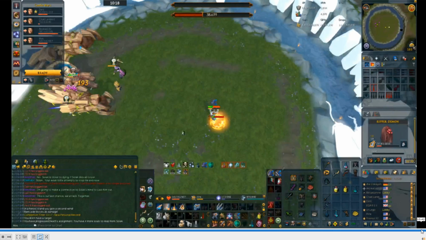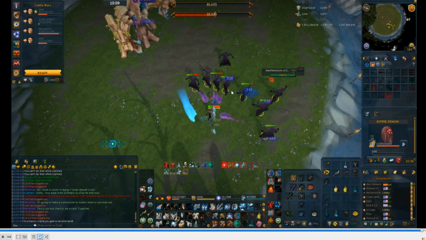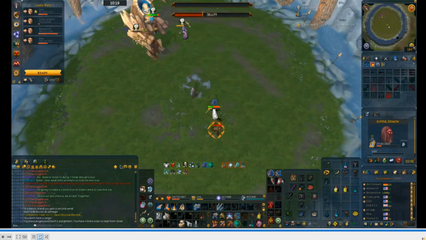Another thing to mention is that while you're in here, you have this withering effect on your buff bar, which means you can't eat any food. So if I were to even try to eat a rocktail at this point, it would just heal me 0 and waste my money. It's pretty straightforward once you've done it a couple times,